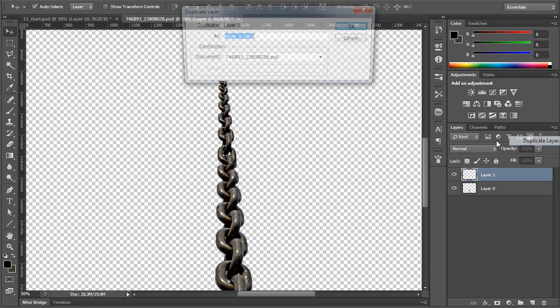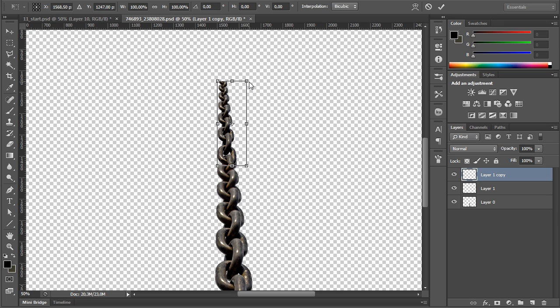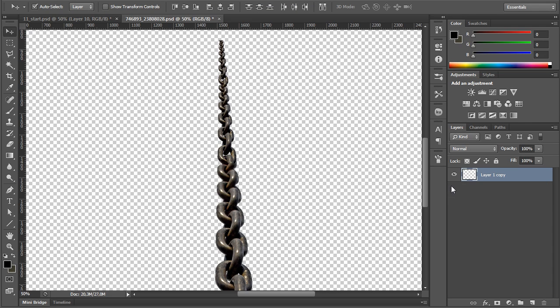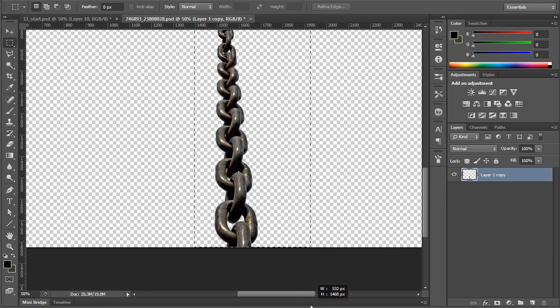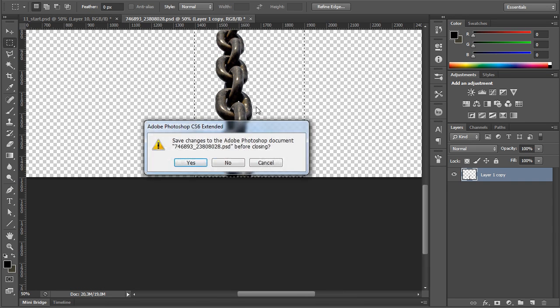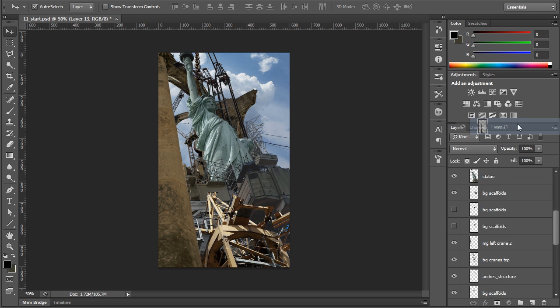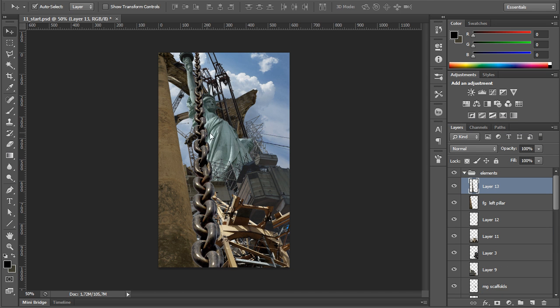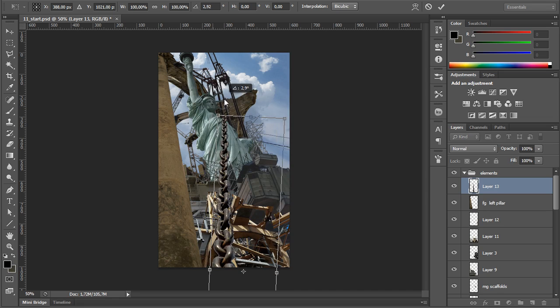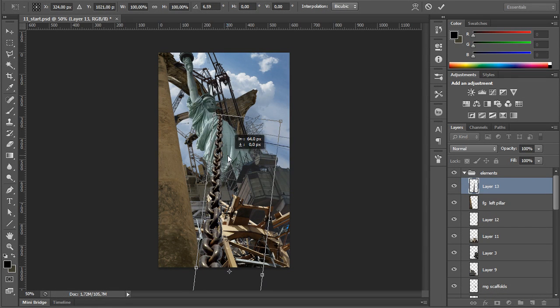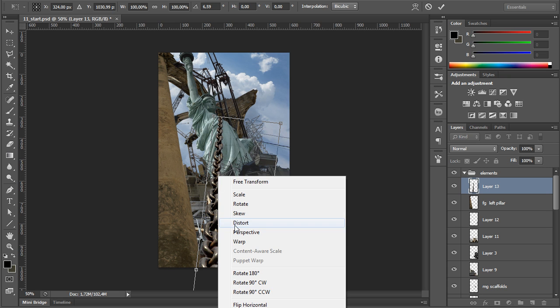Okay, now duplicate the newest layer to make the chain even longer. Place it on top and match the size and position again, just like this. Okay, now select and merge all these three layers and paste this layer into our new composition. Bring it up to our layer stack. Okay, place it right about there